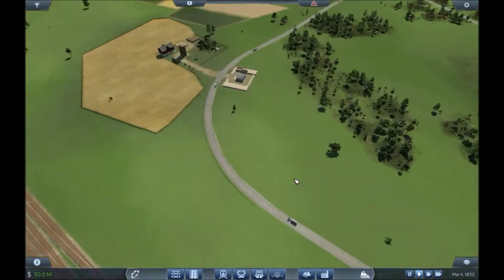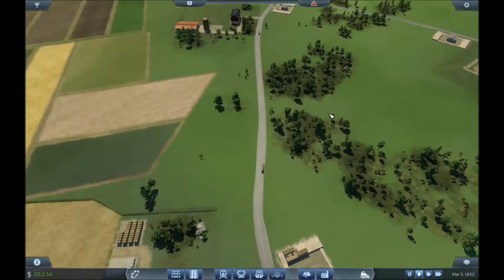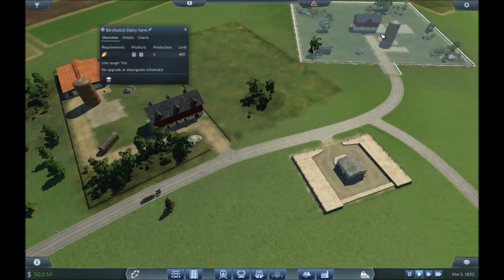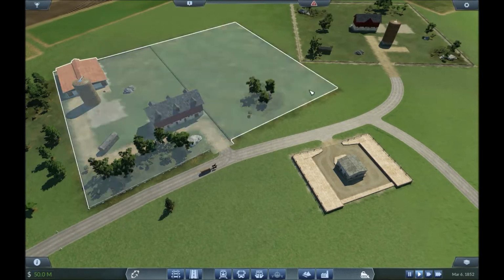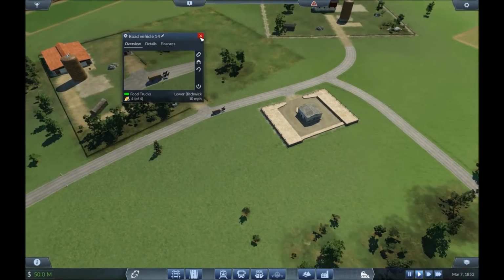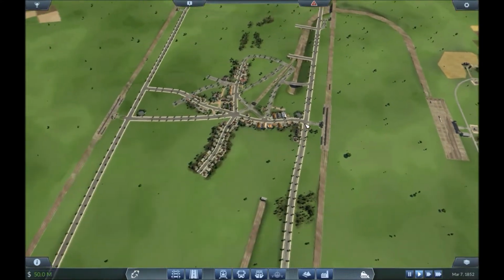Well, fertiliser's moving, grain's starting to go. I don't think we've produced anything from these yet. So we've not got any grain in. They've not got any grain in. So I think that's the first lot of grain coming in there. Right,